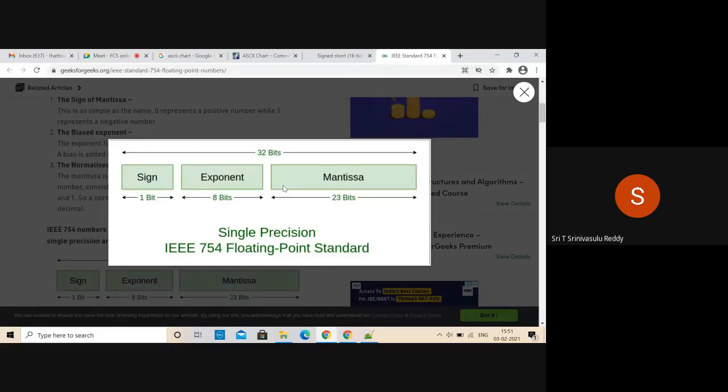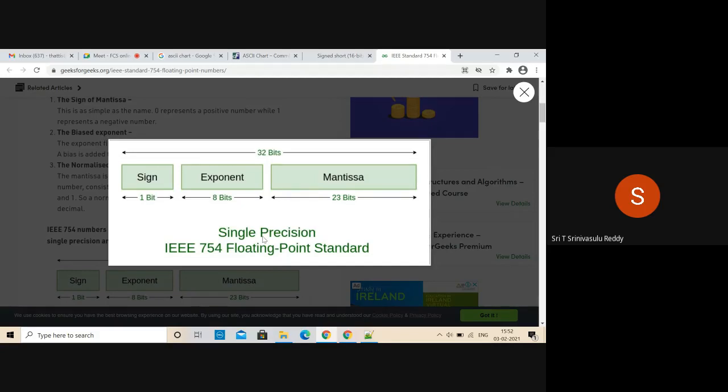Whereas the double data type, that's also for real numbers, all of you know it. The only thing is that you can represent even bigger values and even higher precision numbers using the double data type. The notation is the same, but the number of bits will change. That's why single precision means 32 bits, and double precision means 64 bits. So this is actually for the float data type.